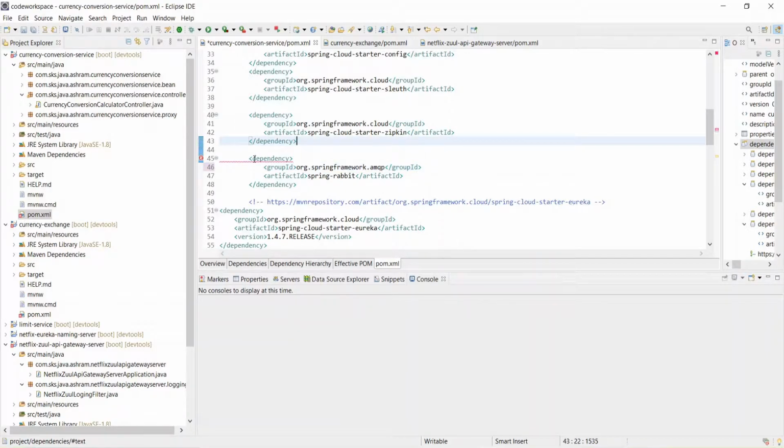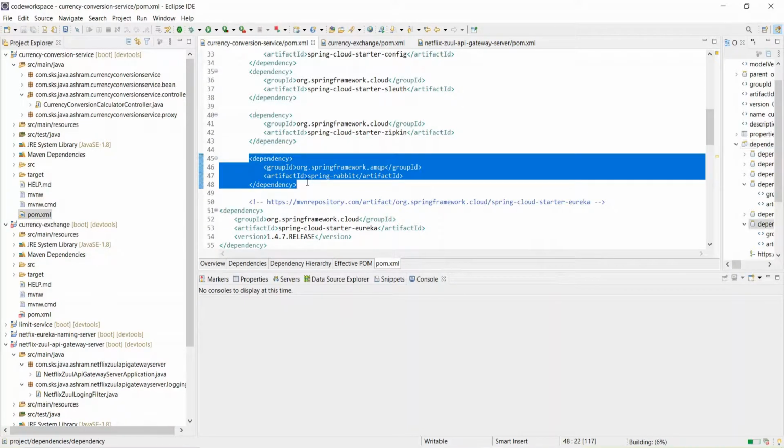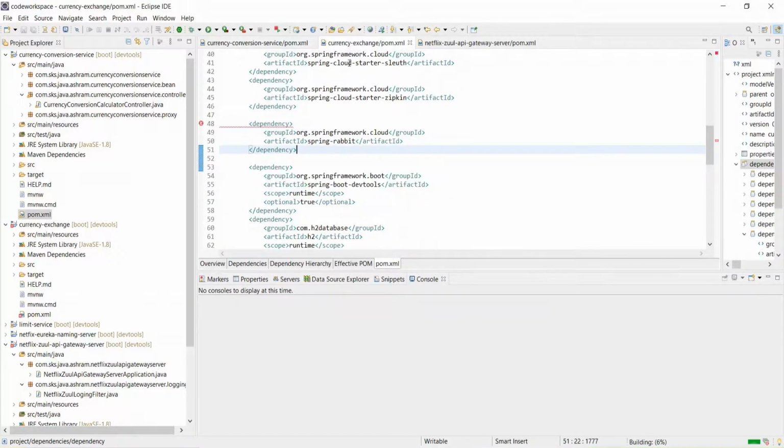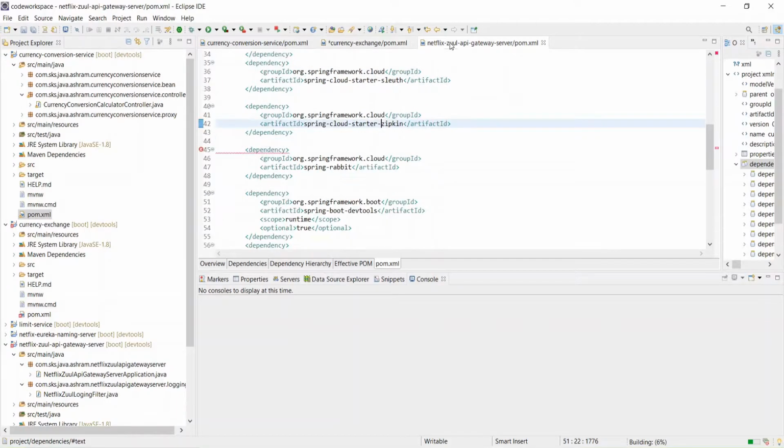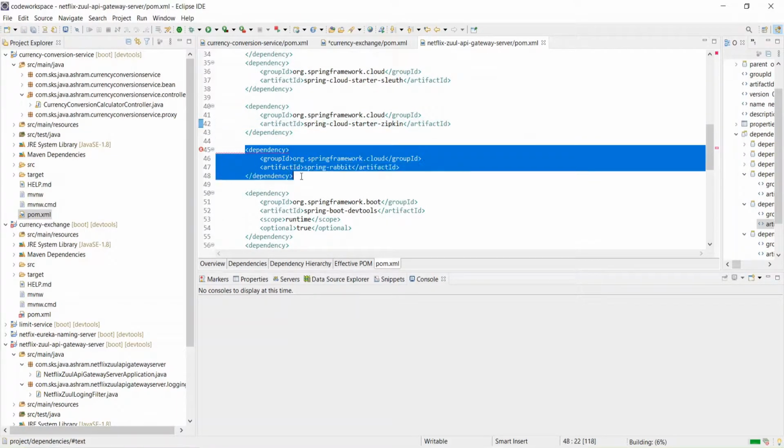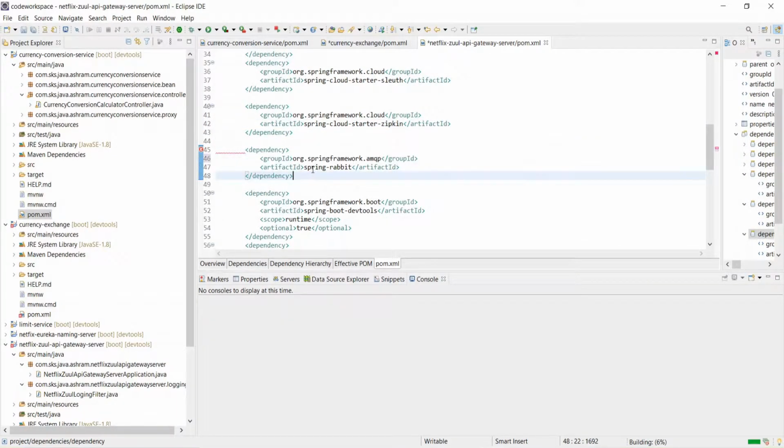Yeah, save this. It's gone. So control C, put it here in all the places, control V, and another here, control V, control S.